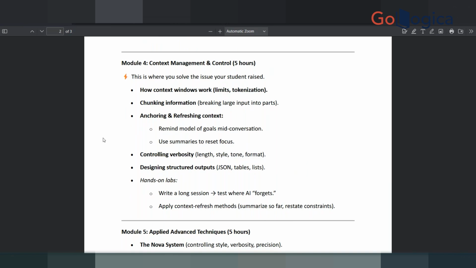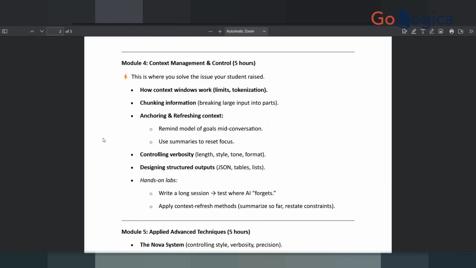Then there is chunking of information. Like the example I just gave of the summary of a career or personal life of a football player. If you chunk that information into small pieces, like a paragraph of 4 or 5 lines and then another paragraph of 4 or 5 lines, chunking that information will help the AI understand it better.